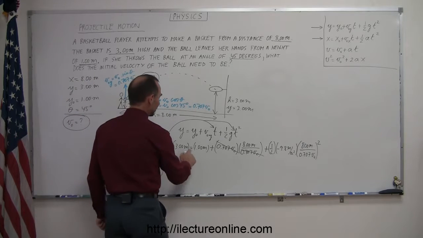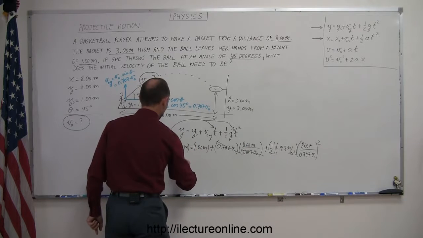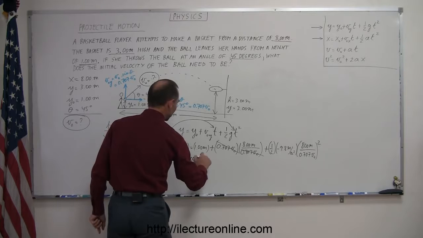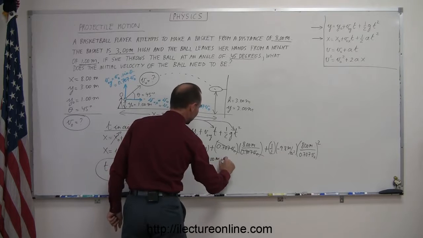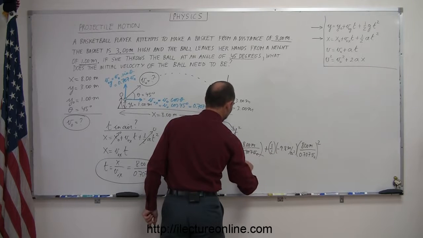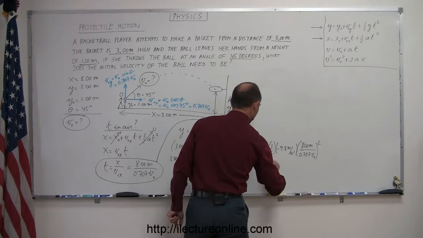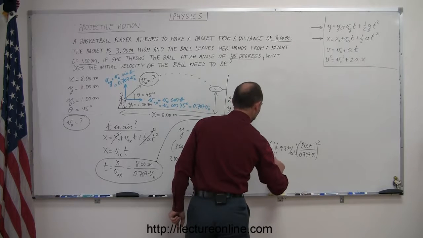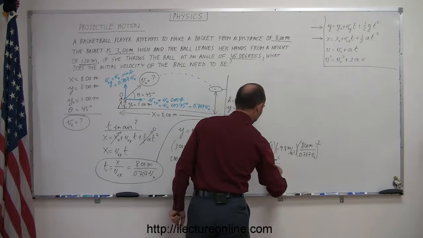So now I have 3 meters equals 1 meter, and then plus 8 meters, so I can move everything over to one side, and I have 3.00 meters minus 1.00 meters when I bring this one across. And what I have left over here is a minus 8.00 meters when I bring it to the other side of the equation, equals 1/2 times 9.8, which is a minus 4.9 meters per second squared, multiplied times 8 squared, which is 64.0 meters squared, divided by this number squared,